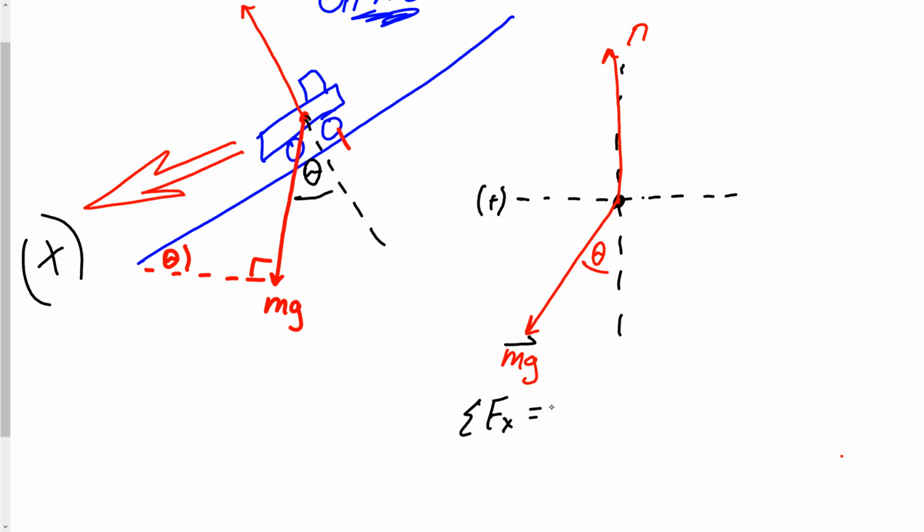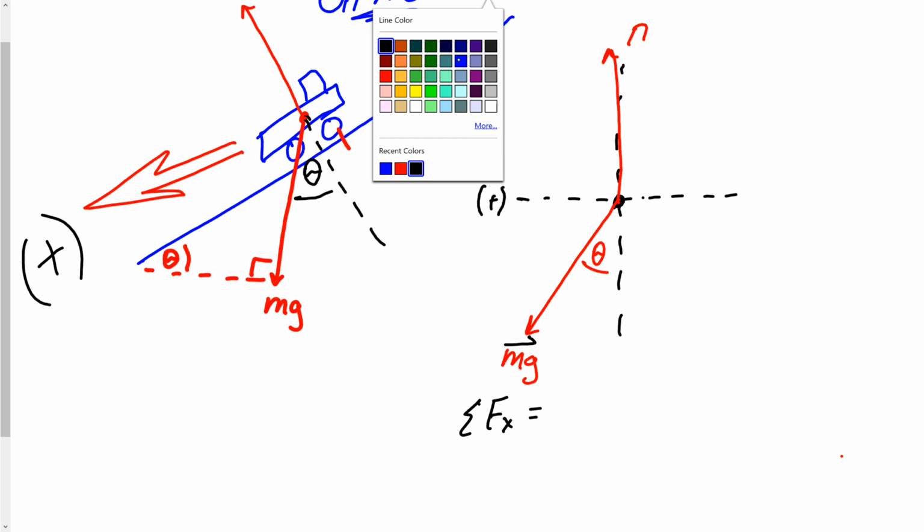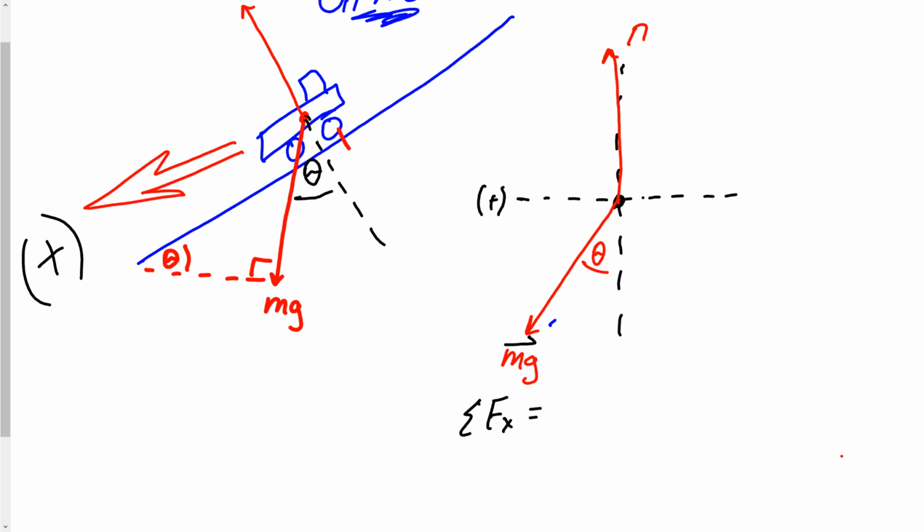I'm interested in the horizontal component of that. Well, that would take a sine theta. I don't want this angle, I want that angle theta I've got defined. So I would have mg